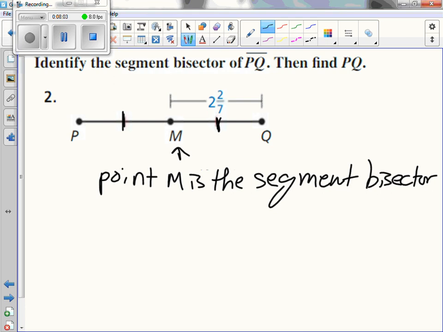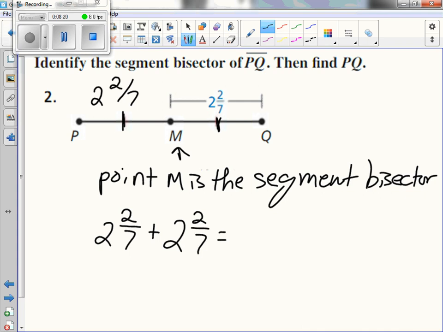Point M is the segment bisector, which we wanted to find first. We wanted to identify the segment bisector of PQ. Now we need to find PQ. Well, because we know it's a segment bisector, it means it cuts it in half. These two parts are equal. So what we can do to find the whole length is take 2 2/7 and add to it 2 2/7. And we can add these together. Now, you can do this in a calculator. You can grab a calculator out and do a mixed fraction, 2 2/7 plus 2 2/7, which will tell us that it's